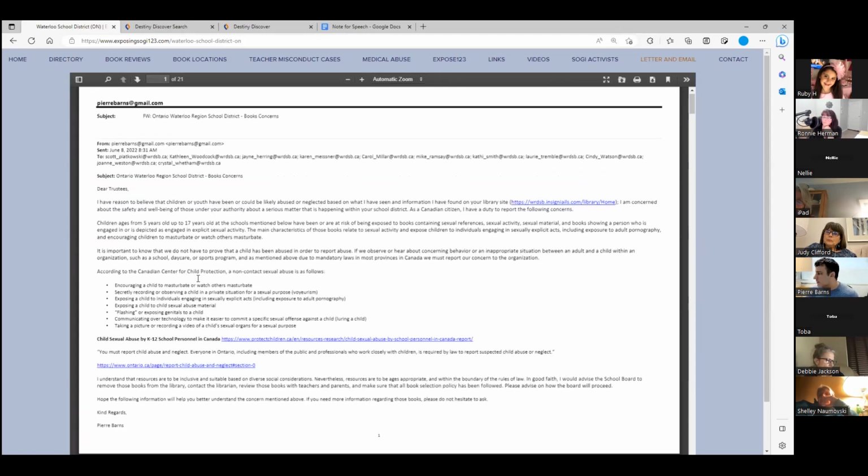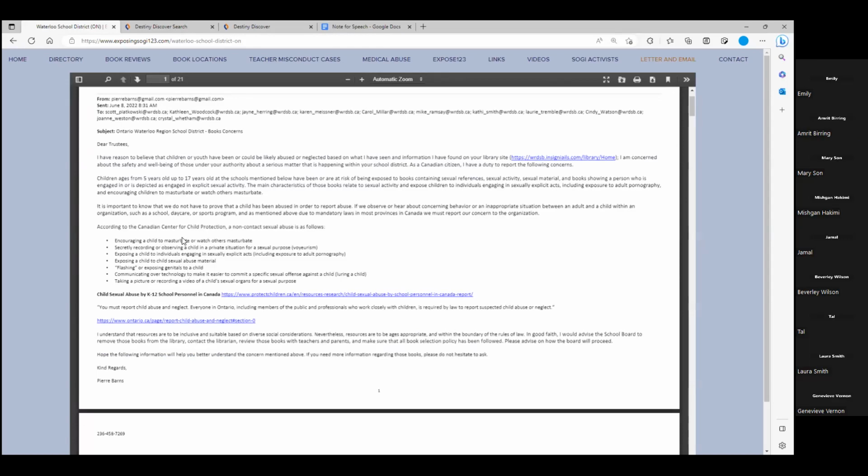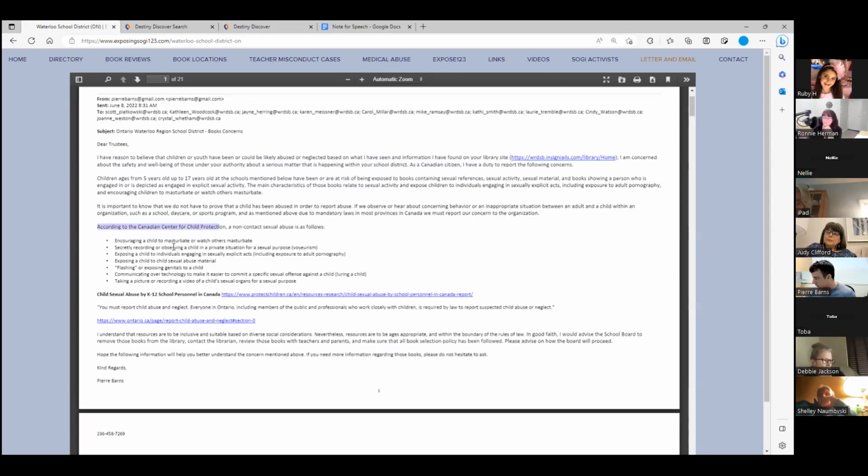So I provide them that type of letter. I state what non-contact sexual abuse is, as per the Canadian Centre for Child Protection, which is a very well respected government-funded organization in regards to child abuse. It's good that there are still government-funded organizations like that out there.